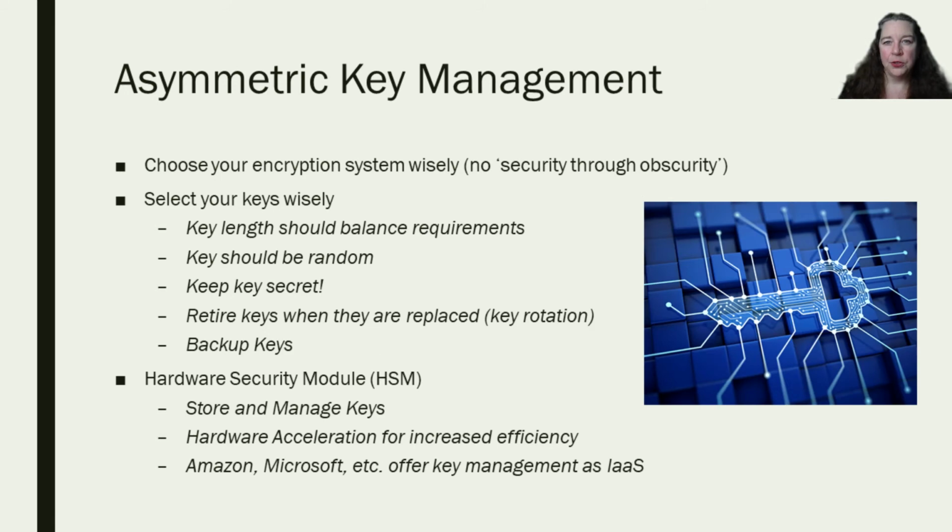With your asymmetric key management, it is very important that you pick your encryption system wisely. Remember, we don't want to do security through obscurity. If everything else except the key is known, it shouldn't be a problem. It's okay that everything else is known. So select your keys wisely. Make sure your key length balances your requirements. Keys should always be random. They should always be secret. When they need to be replaced, they need to be retired, so keys are no longer valid. Key rotation, and you need to have some backup keys